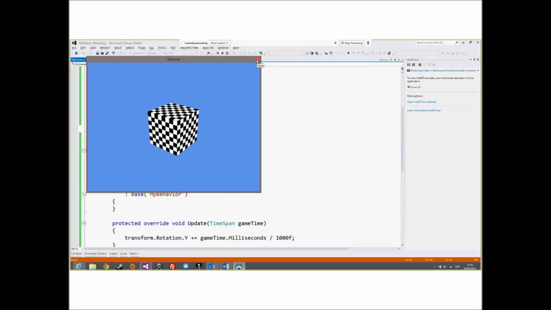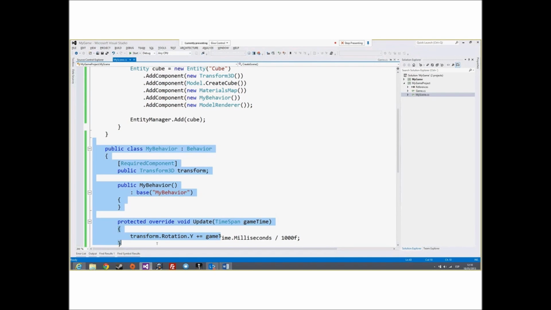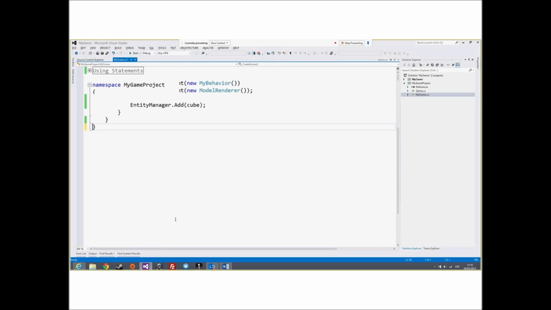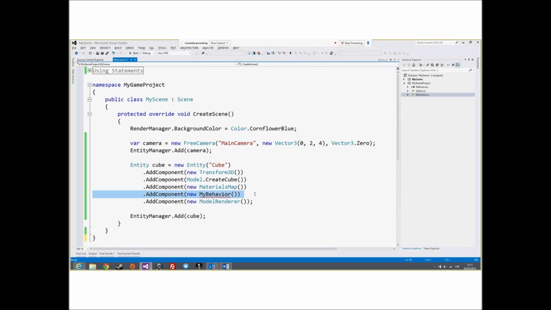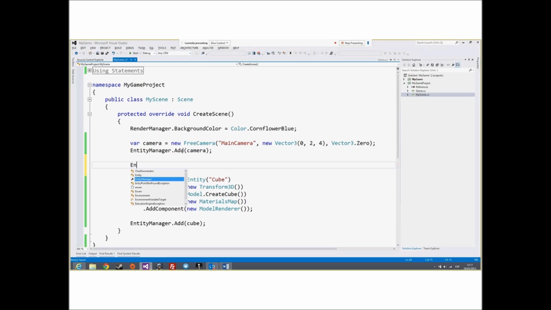Okay, now we have seen how to create a new component in WaveEngine, and now we will do a physics demo. To do that, I'm going to remove that and my behavior, and let's create a new floor entity, very similar to the cube. Name: floor.